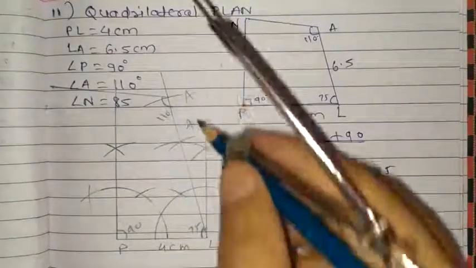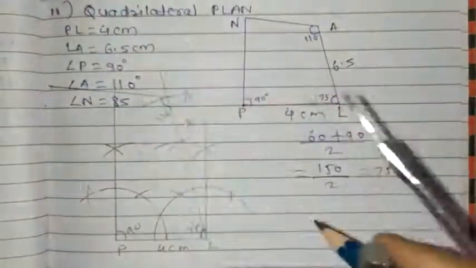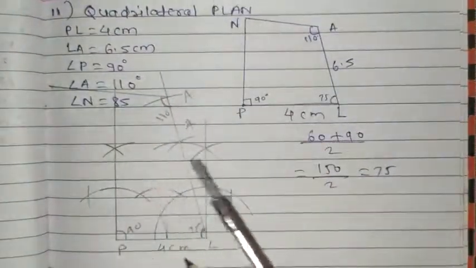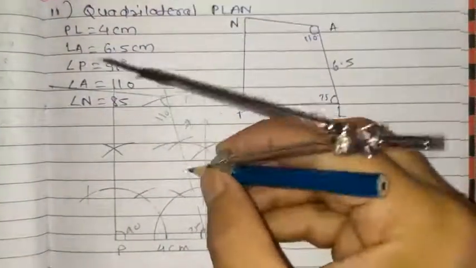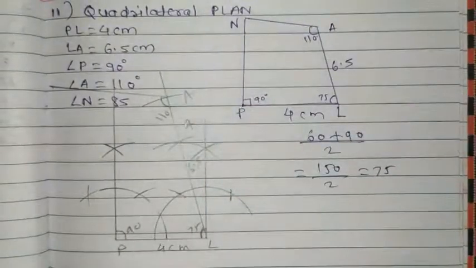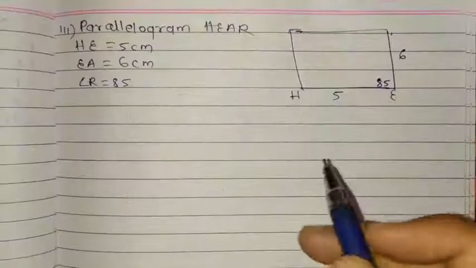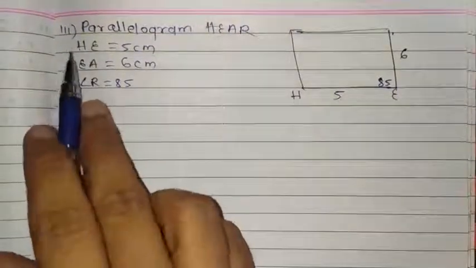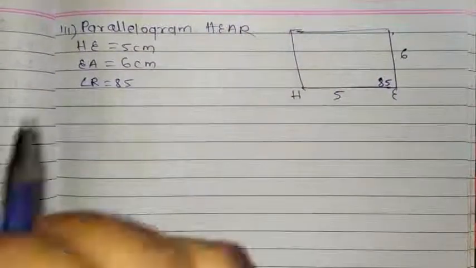You just increase this line whichever we have done recently, and that quadrilateral we got, this is 90, 75, 110, and here the measurement of this one is 4 centimeter and this one was 6.5. So finally we completed this, and after this we will see the coming third and fourth part. So now our next is the third part.